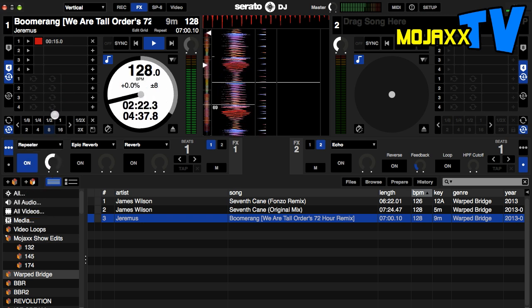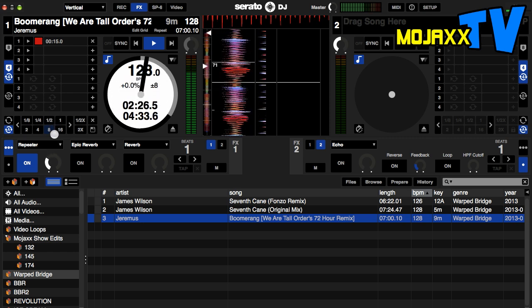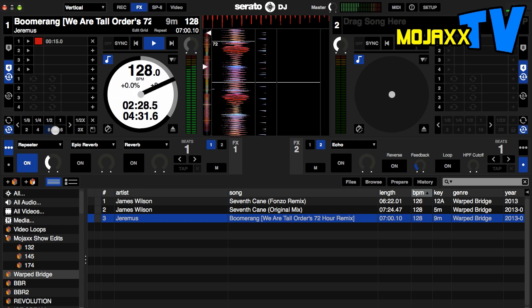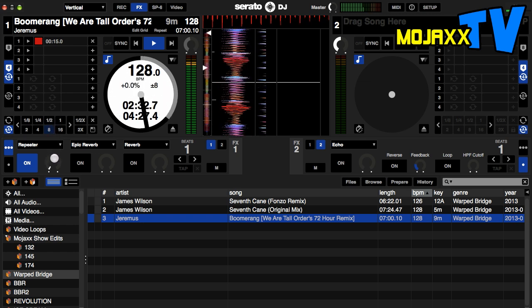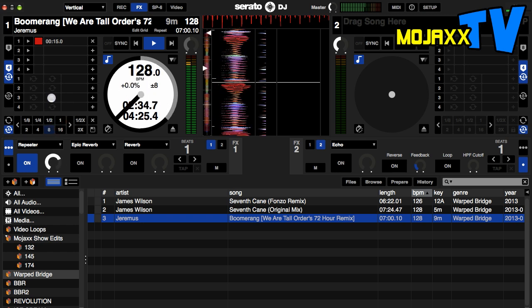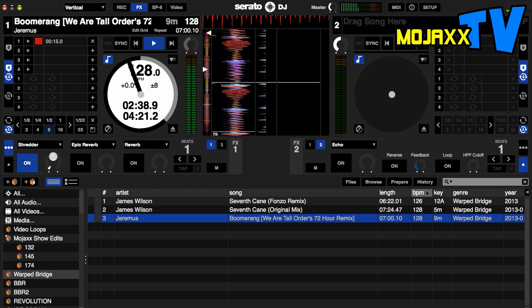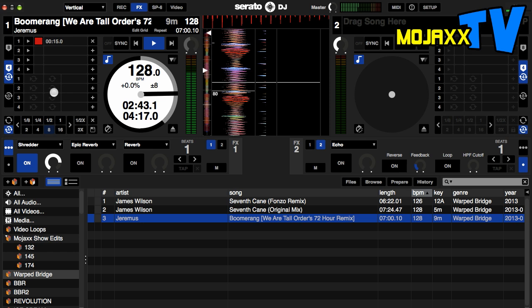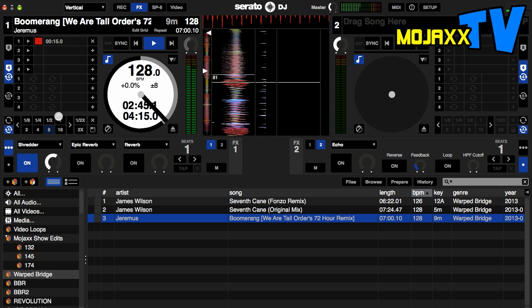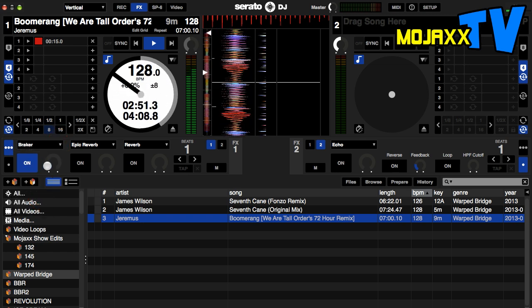Repeater. Basically like a delay with no tail on it at all. Again, gets faster the deeper you go, which is nice. Shredder. That's a bit like Traktor's Beat Masher effect. And the breaker,